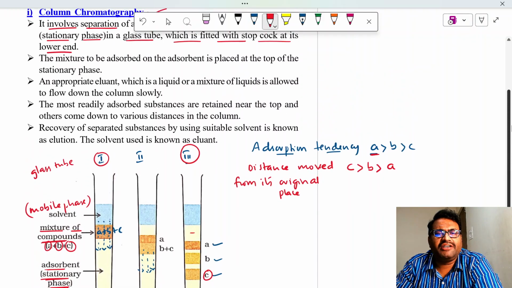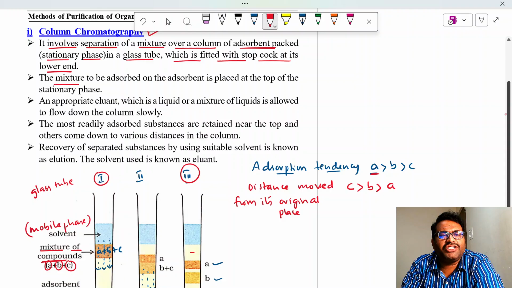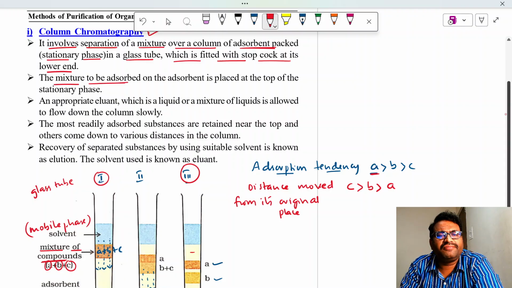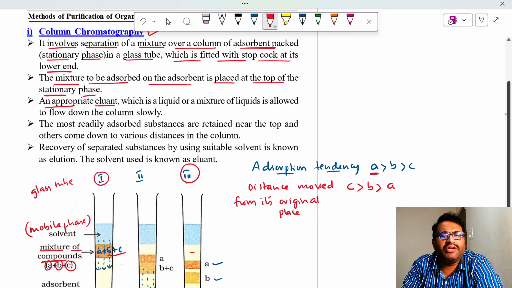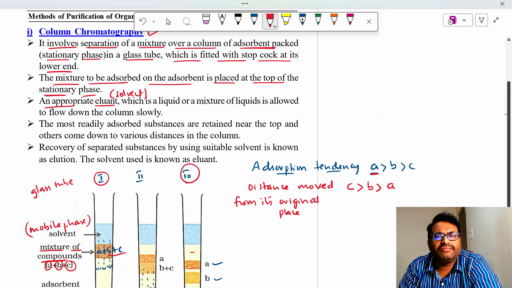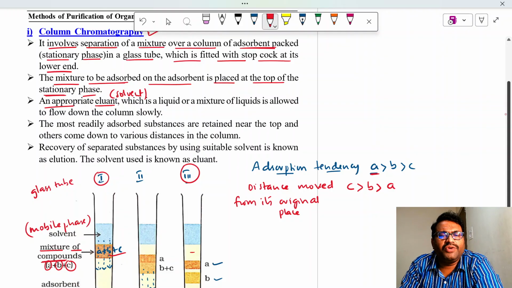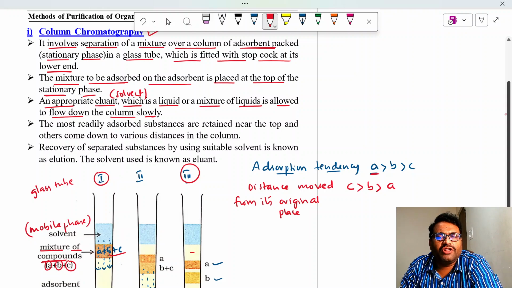Let us see the points. The mixture to be adsorbed on the adsorbent is placed at the top of the stationary phase. Here we have placed it. An appropriate eluent, which is nothing but a solvent, a liquid or a mixture of liquids, is allowed to flow down the column slowly. It is poured on this so that it slowly moves down